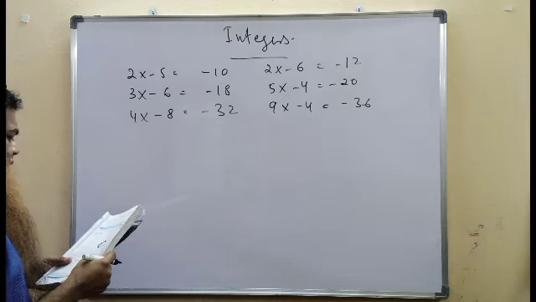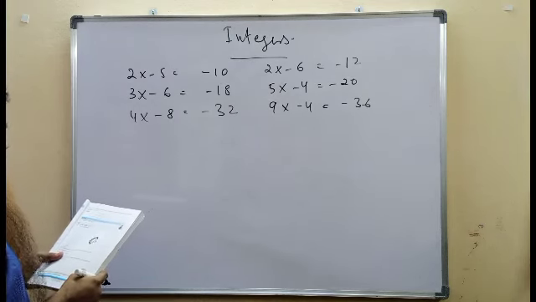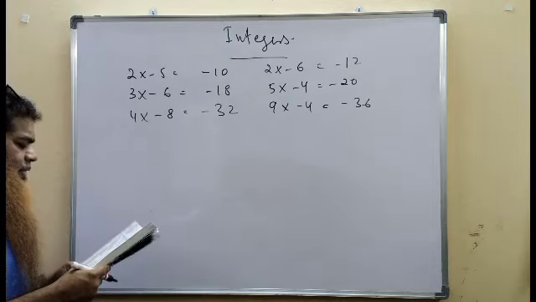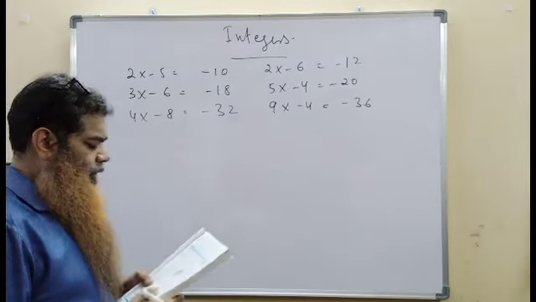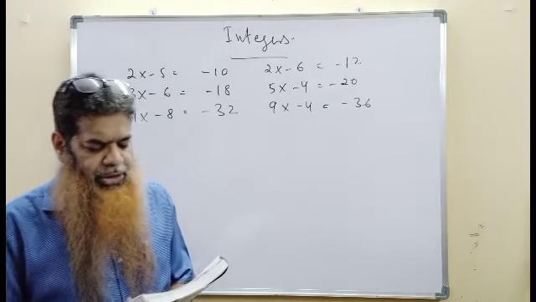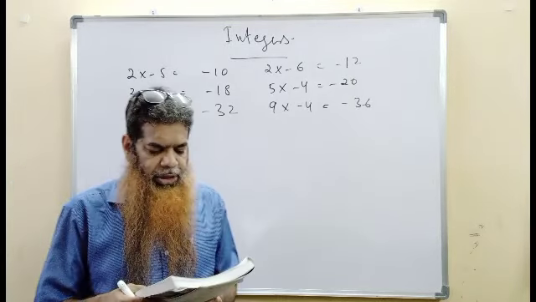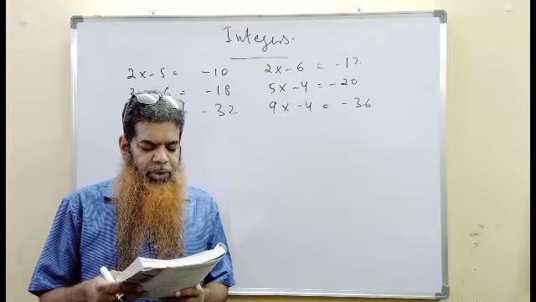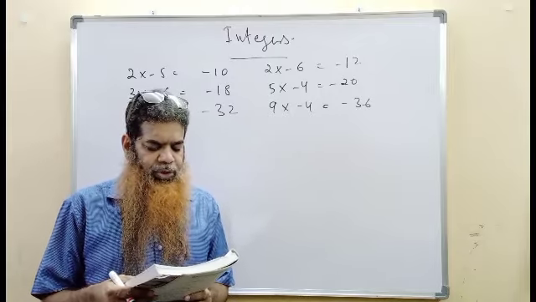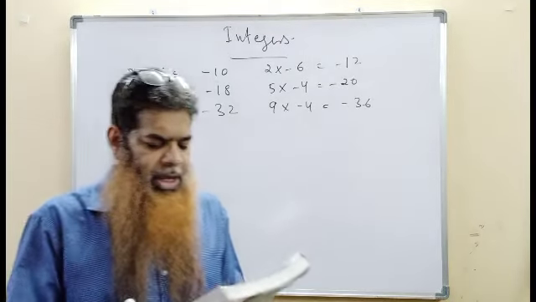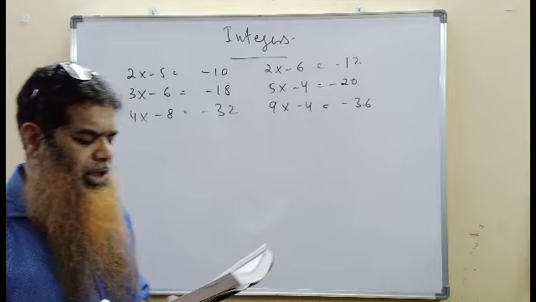Now let us multiply minus 4 into 3. Until now we were doing the second number was negative. Now the first number is negative. 4 into 3 is, we know, 12. 3 into 3 is 9. 2 into 3 is 6. 1 into 3 is 3. 0 into 3 is 0. Minus 1 into 3 is minus 3. Minus 2 into 3 is minus 6. Minus 3 into 3 is minus 9. And minus 4 into 3 is minus 12.